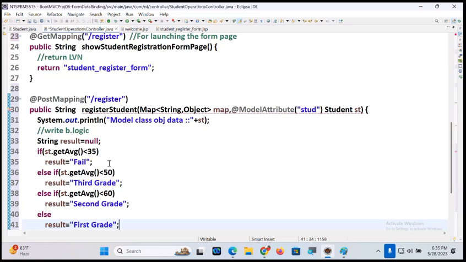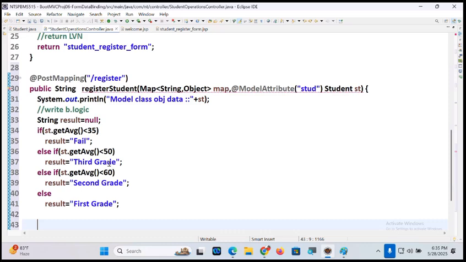We can write other things also, boss. Sir, you are not writing through two conditions. What is the need of two conditions? Less than 35, this one. Above that, less than 50, third grade. I think there is no need of writing an end condition if you write proper conditions, right? Okay. Keep the